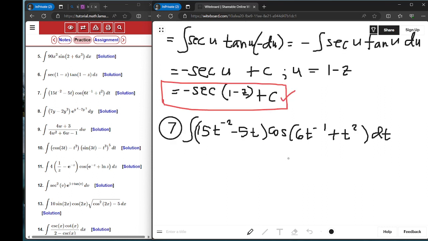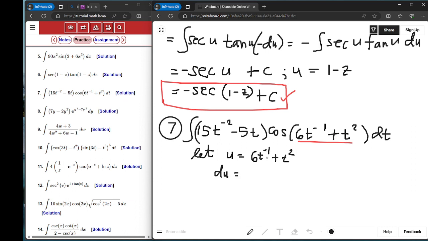Okay, I understand now. So this will be our u, since it has the largest exponent. Then if we let u be equal to 6t to the negative 1 plus t to the power of 2, then our du would be equal to